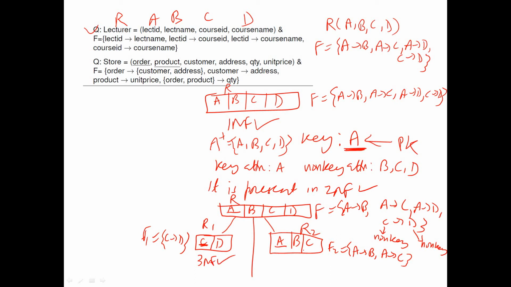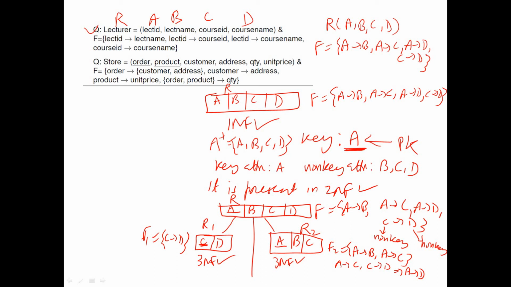A to B, C. I can find B and C are totally depending upon the A directly, so it is also present in the 3NF. Now if we see the functional dependency, earlier A determines D was there, but whether it is lost or not, how to check? So I can check as A to C is there, C to D is there, so I can easily derive the A to D. So it is not lost, right?